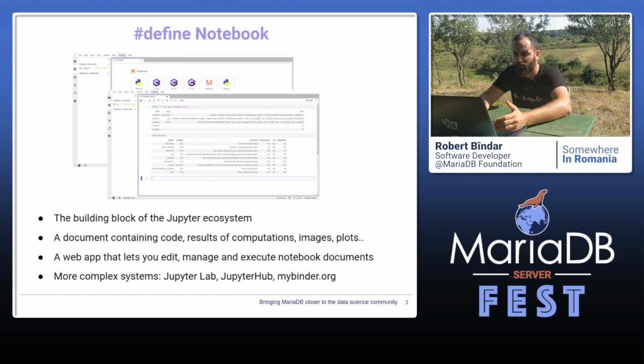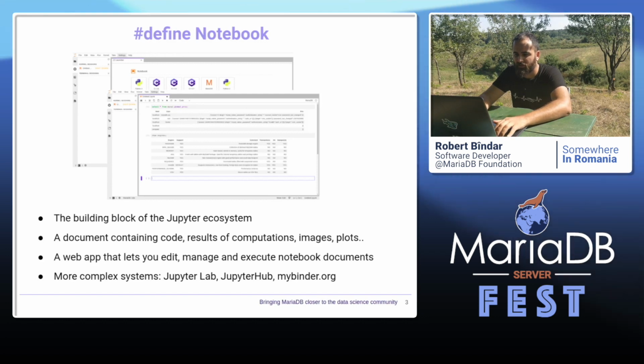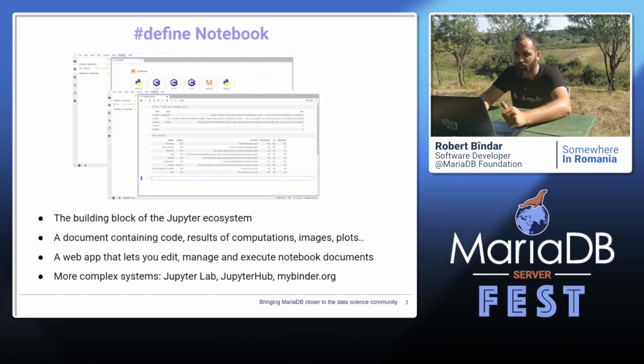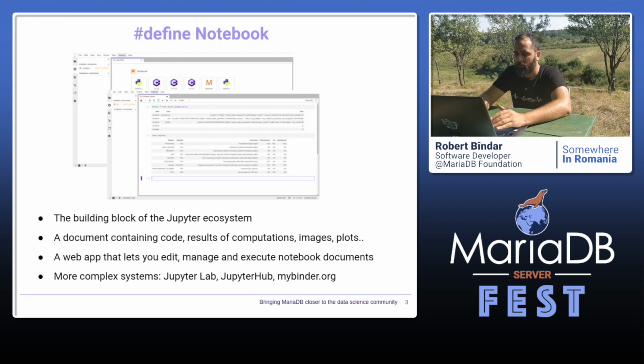The next generation of this Jupyter application is called JupyterLab, a more complex interface for notebooks, but still a single user application. The most complex one is called JupyterHub, a multi-user application with many authentication methods, and that one can be deployed pretty much anywhere. And it can also serve a very large crowd of participants. An honorable mention goes to the mybinder.org project, which serves the exact purpose of transparency I was speaking about earlier. It can take a GitHub repository full of notebooks and turn it into a live web application so that other people can reproduce your results with just one click.